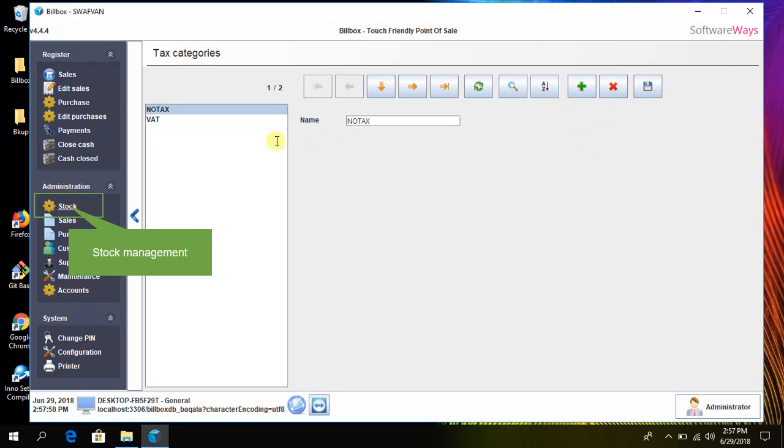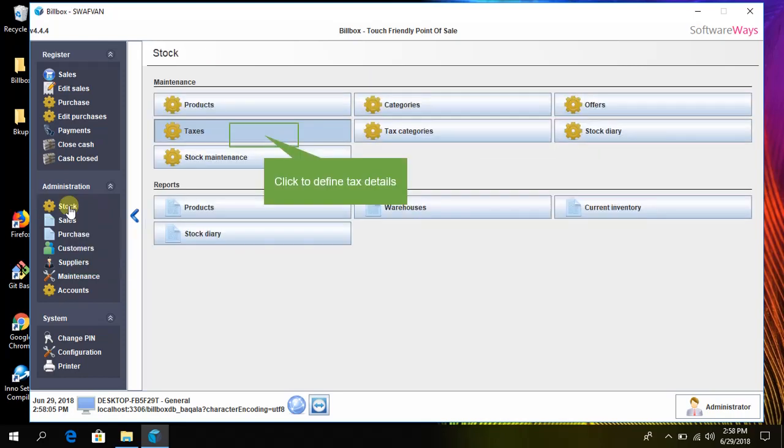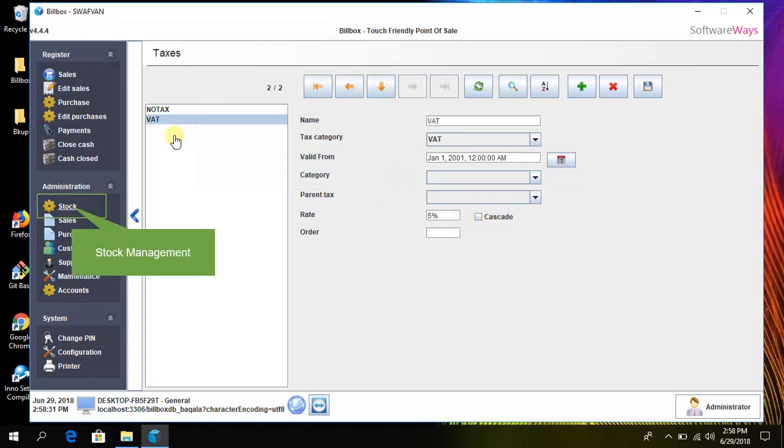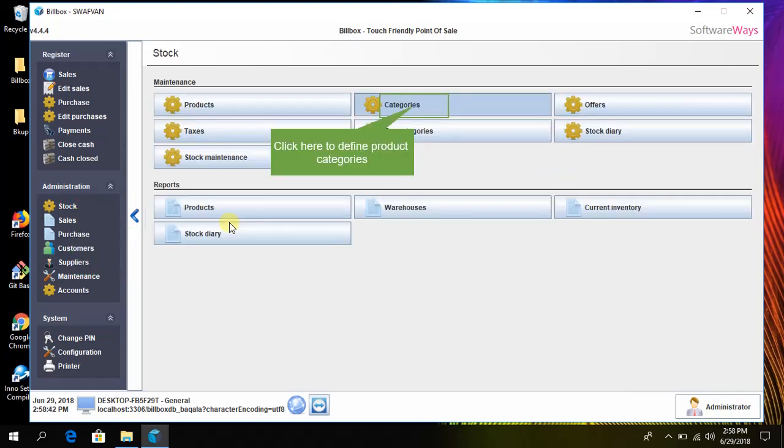Once you define the tax category, go to the taxes button. Now here we have to define the tax details. For example, for no tax, I defined a rate of 0%, and for VAT I defined 5%. Once you define the tax, now we can enter